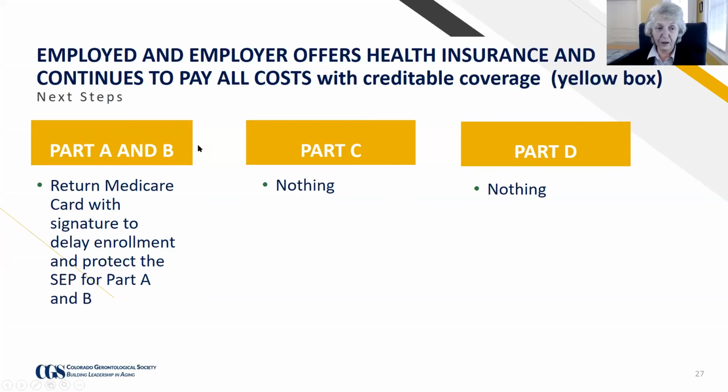If you are in the yellow box and you are employed and your employer offers health insurance coverage and they're going to pay all costs, and you have determined that they have credible coverage, return your Medicare card after you have signed up to Medicare. They will return it, indicating that you want to sign it so you can protect your SEP, and you will get a new card then that says you're only enrolled in Part A. Do nothing with C and D, because we're going to use your employer's